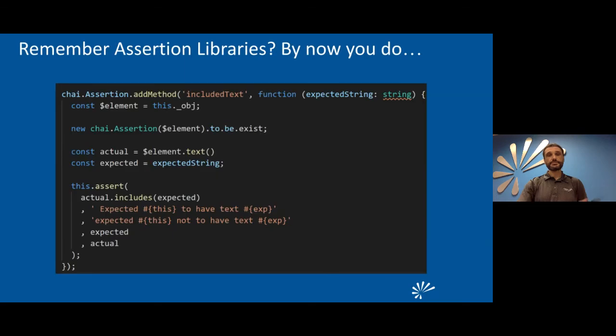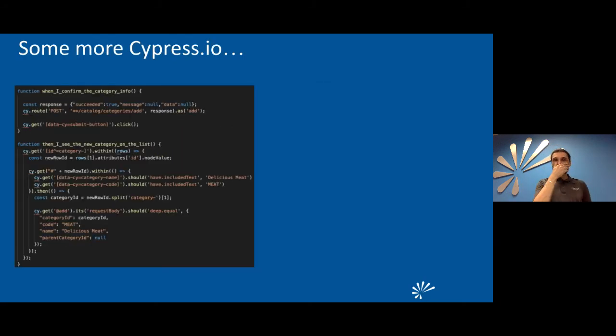Once I've wrapped that up, remember assertion libraries, how to extend them. So learn about them. Learn about how you can write your own assertions. In the case of Cypress, I've learned that it uses the chai assertions. So then you can add a method. What's the name of your method? It's what makes sense to you, to your business. What do you receive? And then you have some things that you can use like the assert itself. It's just a plain old assert, but you compose how you want to broadcast if that thing failed. Good deal.